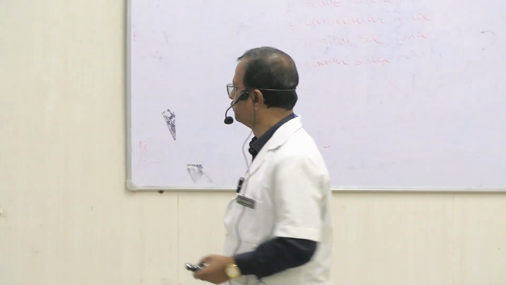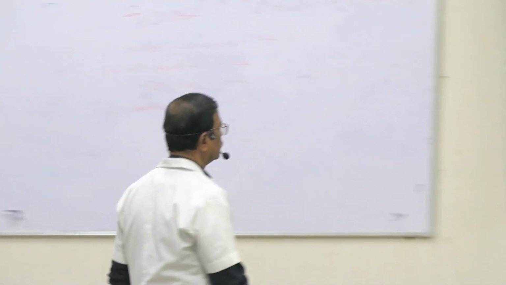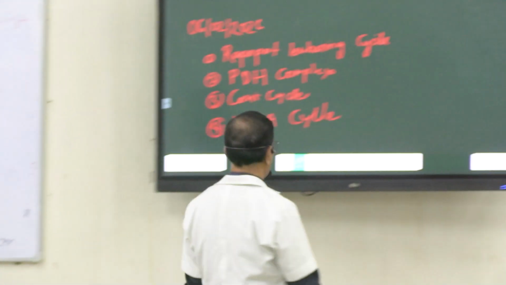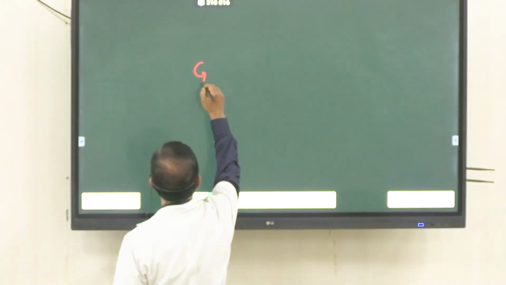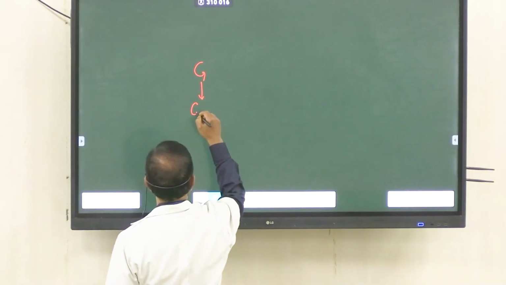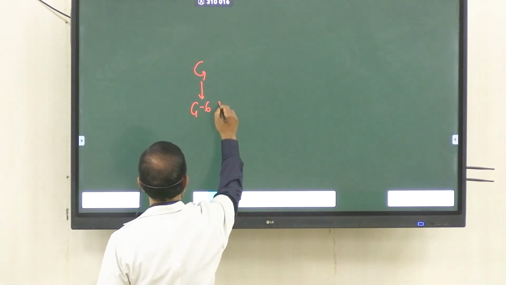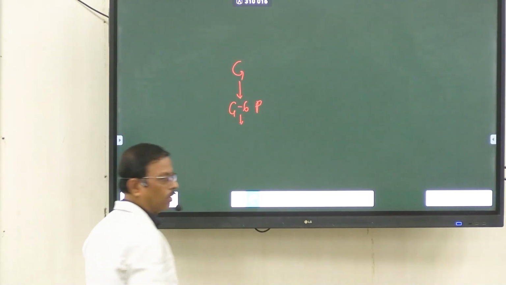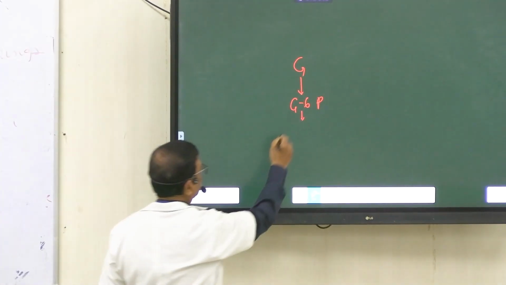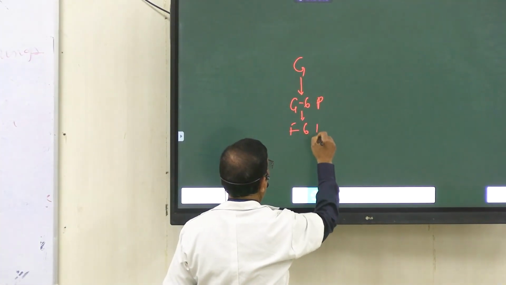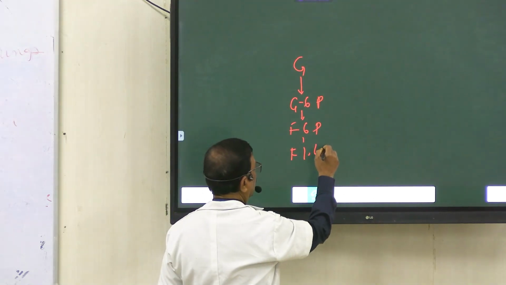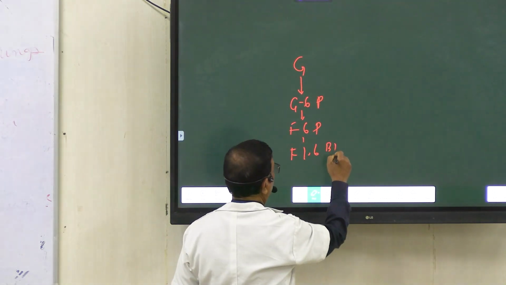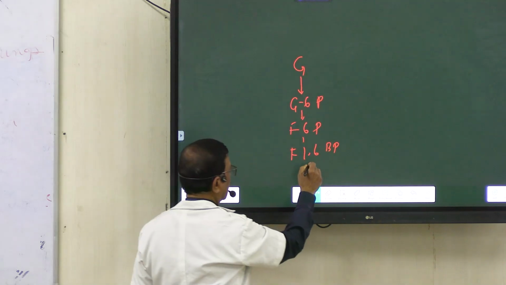Glucose, then glucose 6-phosphate, then fructose 6-phosphate, then fructose 1,6-bisphosphate, then